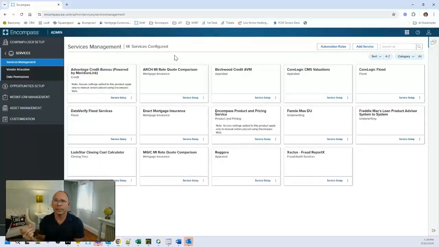One client, literally, it saves them 8 minutes a file, which I did a post on this, ends up saving them like 15 grand a year. It took literally a few minutes to create it. So literally we came in, made sure flood was set up. I think they use CoreLogic. I'm not sure, but I think they use CoreLogic.